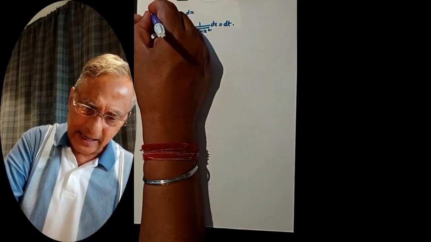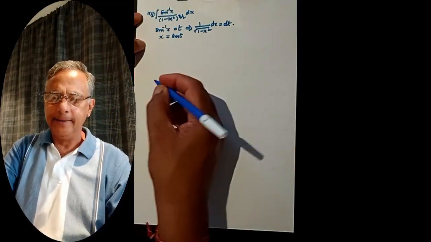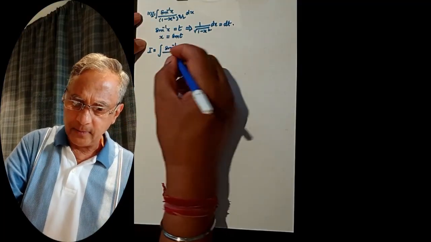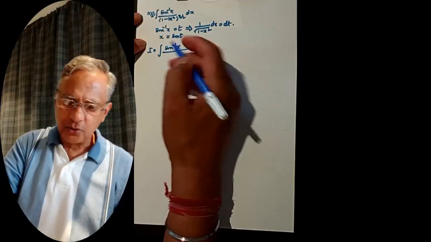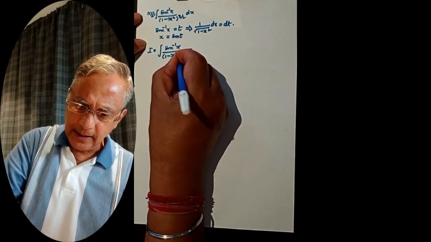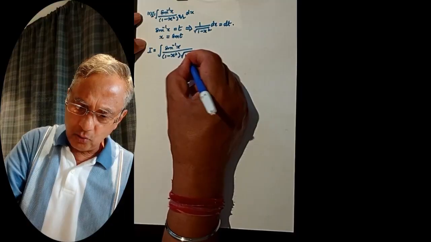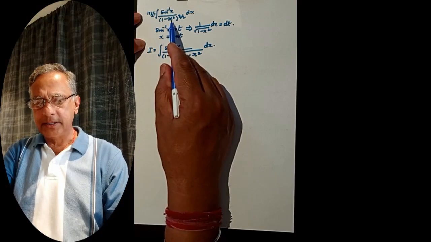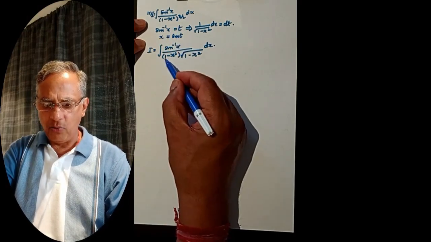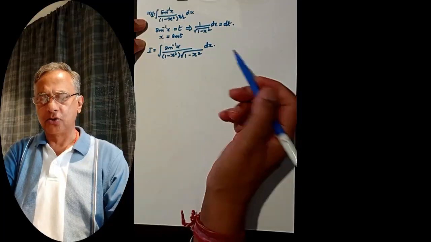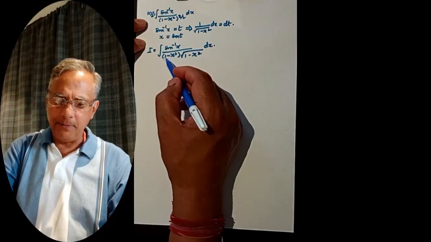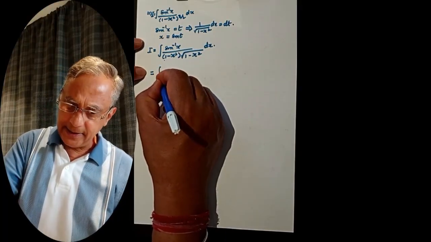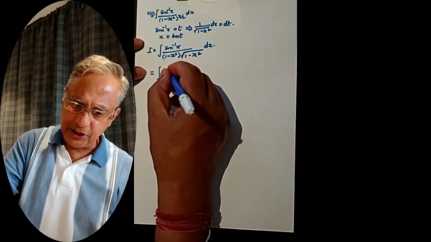So we can write this, let this be equal to I, or we can write this function as sine inverse x over, now separate this. So this will be 1 minus x square into under the root 1 minus x square dx. 1 minus x square to the power of 3 by 2 is 1 minus x square into 1 minus x square under the root. 1 plus half is 3 by 2. So we can simplify this as integral sine inverse x is t